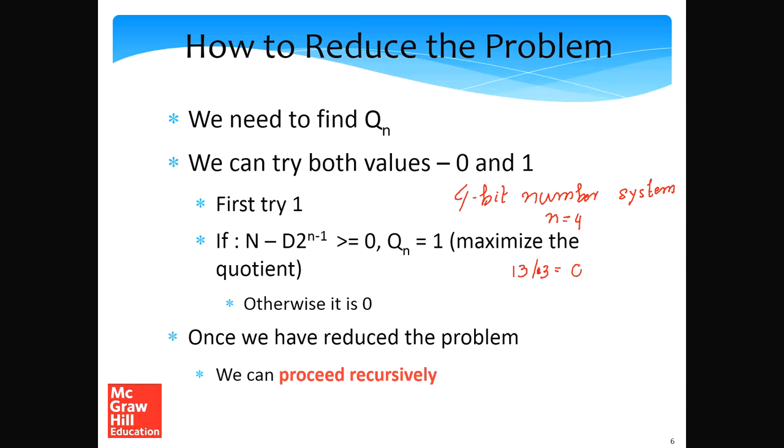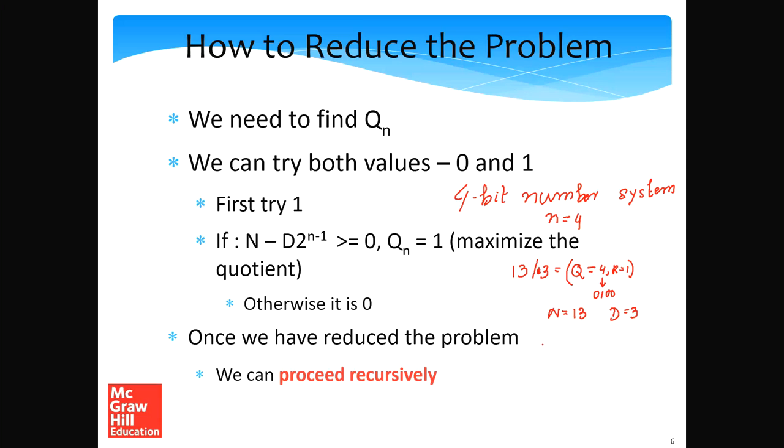So what is the quotient? Well, the quotient in this case is 4 and the remainder is 1. What is the binary representation of the quotient? It is 0, 1, 0, 0. Alright, so let's try to do something. So in this case, the dividend is 13. The divisor is 3.